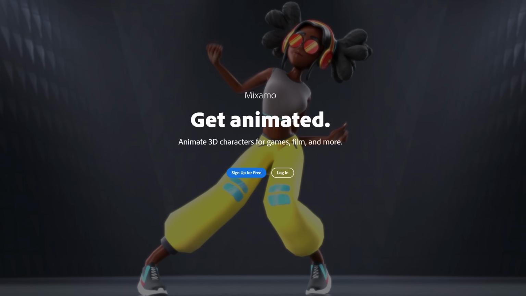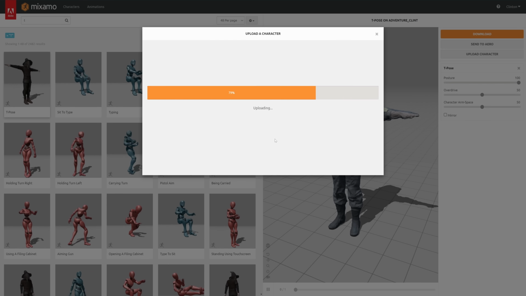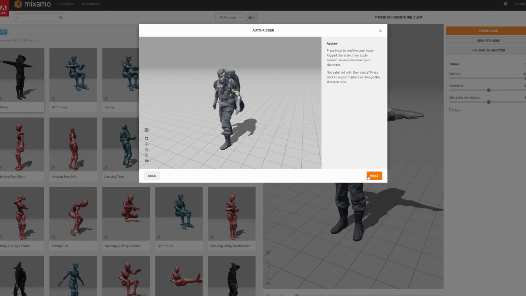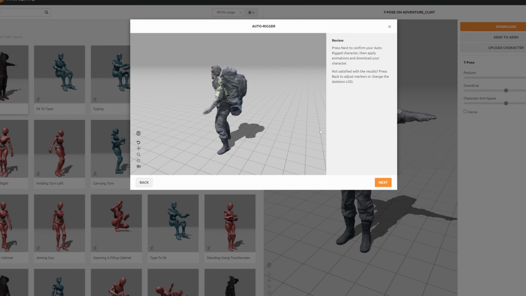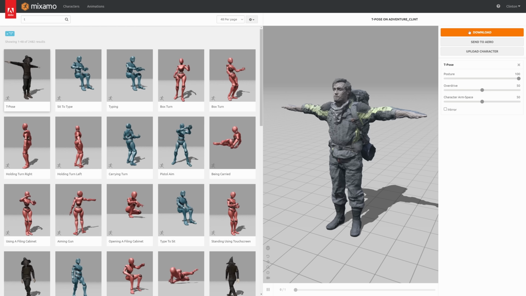In order to animate this guy, we need to rig him up, and I'm gonna do that the fast way with Mixamo, Adobe's free motion capture library. I'll drop my model in, tell it where all my weak points are, and hit go. And it'll bounce back an auto-rigged model. It's pretty sweet. I'll just export it in a T-posed state so that it's ready to be attached to custom